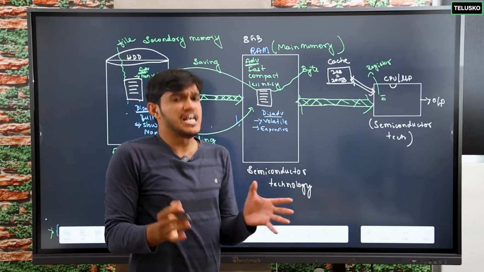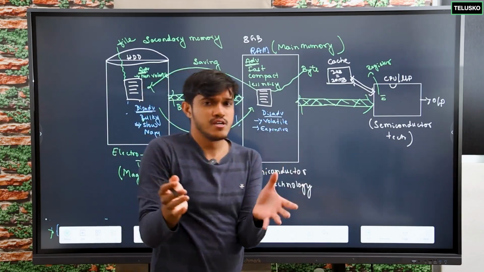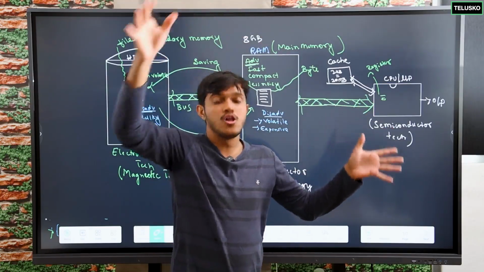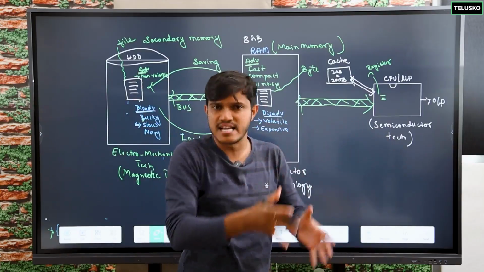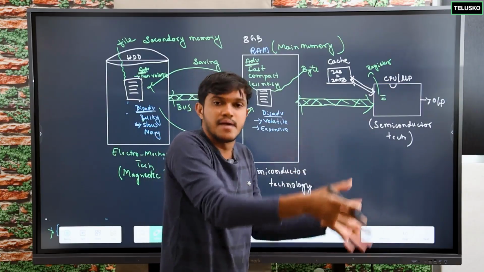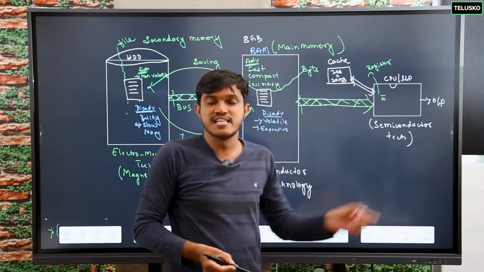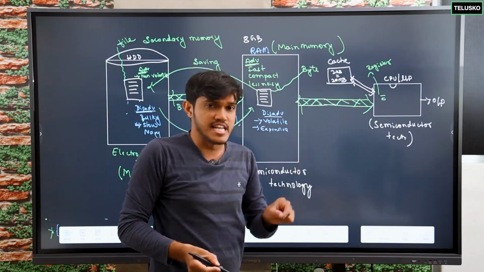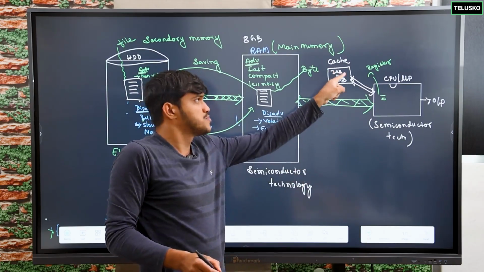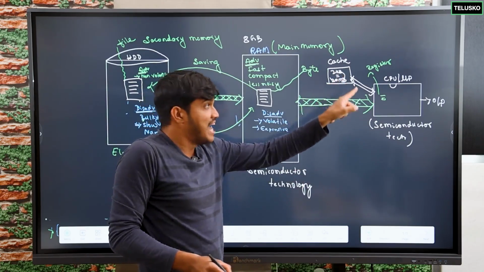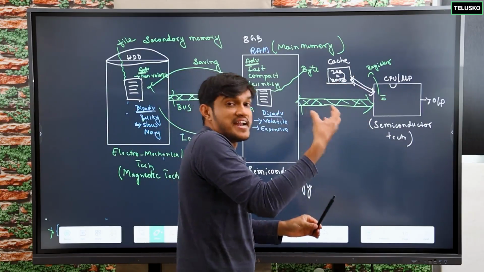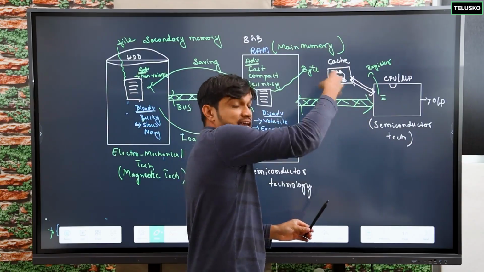Fine. If I ask you to search for a small pin somewhere in a big hall or big living room where so many things are there, you will find it difficult. If I just give you a small table, and ask you to search for a small pin there, will you be able to search easily? Yes. And that is one of the advantages of the cache. The space is very, very small. And for the CPU, it is easy to find the instructions